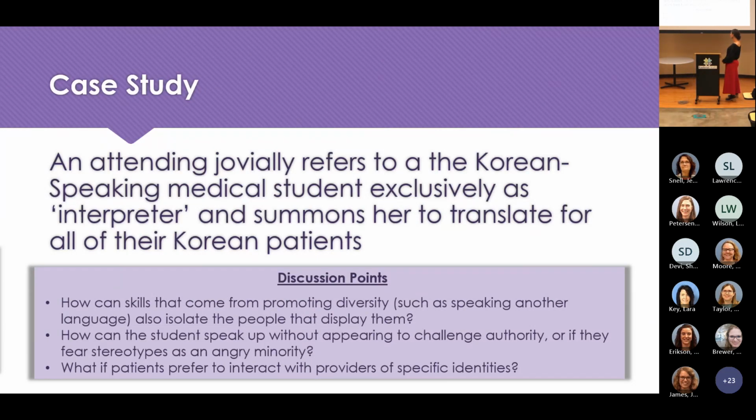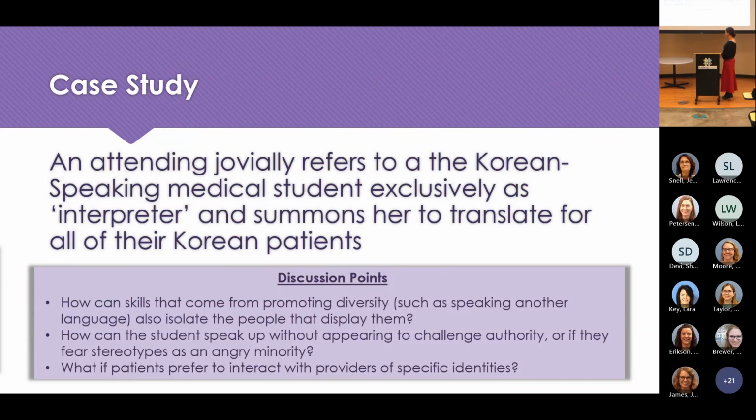And so, an attending jovially refers to a Korean-speaking medical student exclusively as the interpreter and summons her to translate for all of their Korean patients. So, you know, this I think is a little bit of a unique example of how sometimes we can somewhat isolate people with unique skill sets too.